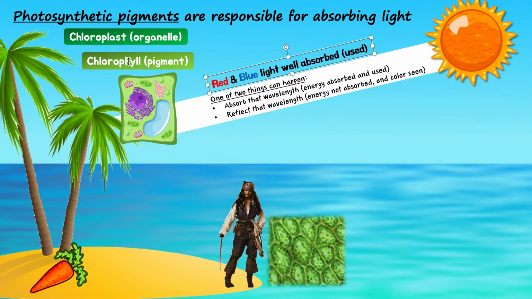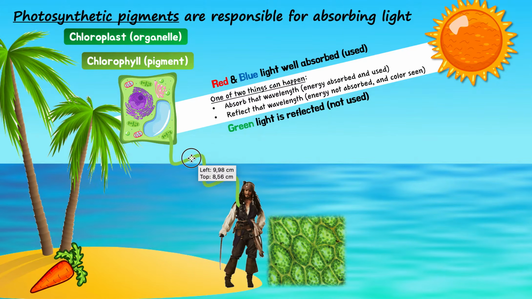Different photosynthetic pigments absorb different wavelengths and reflect different wavelengths. But chlorophyll is going to absorb red and blue light very well, and I'm going to show you more on the next page. And it's going to reflect green. It's going to come in here, all the white light with all the wavelengths. It's going to absorb basically all of them, and the red and blue lights are the best absorbed. And then green light is reflected. So you can see here, green light is reflected.